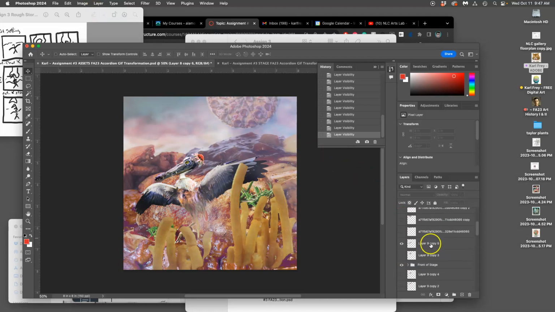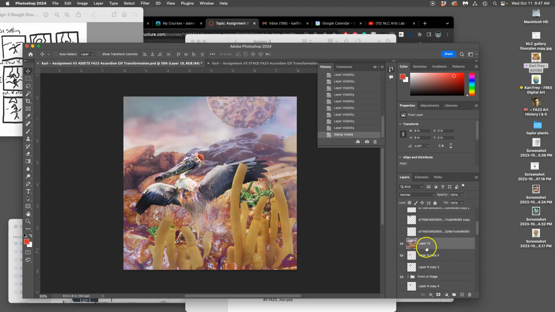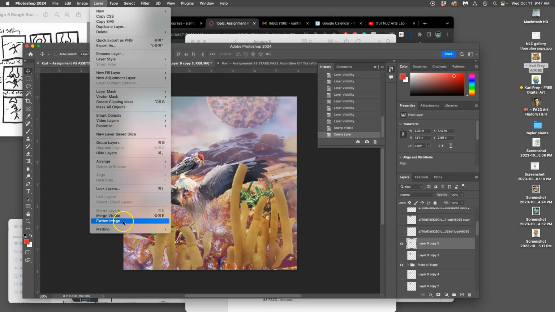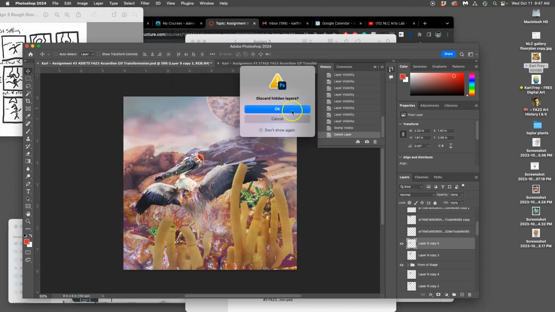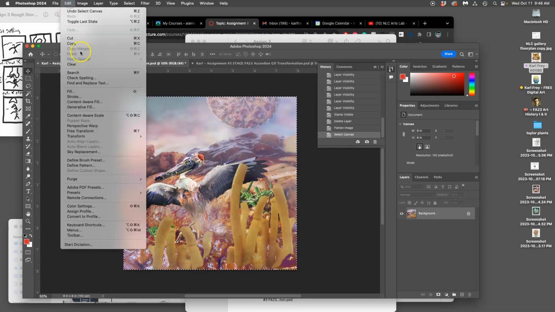I can go to my topmost visible layer, hold down Option, then say Layer Merge Visible, and that will give me a combined layer, but then I have to delete it later, so it's confusing. So what I'm doing this semester is having my history open, saying Layer Flatten Image. I let it show me this warning because it's a scary step because I lose all my layers. Then I select everything in that one image,